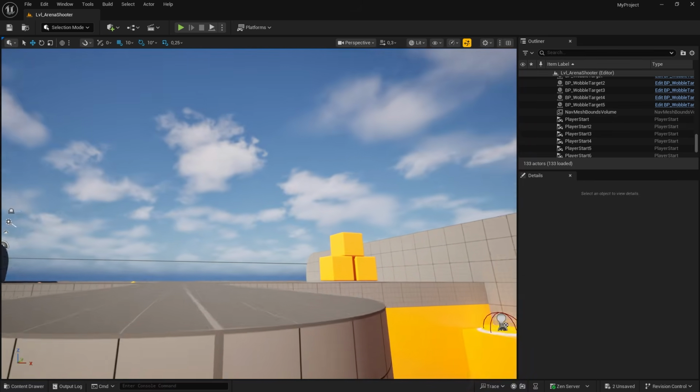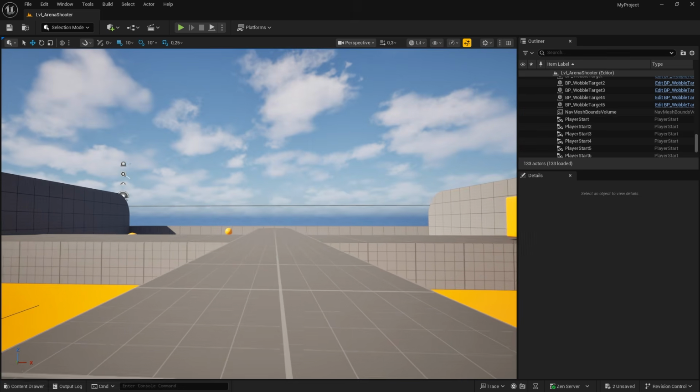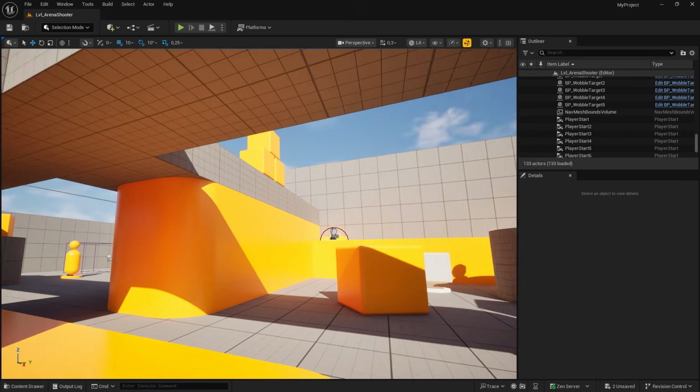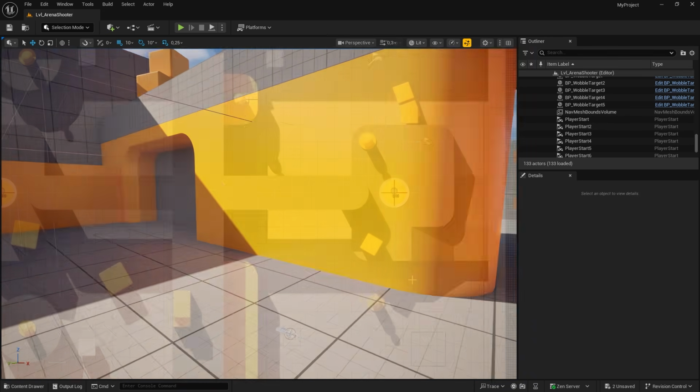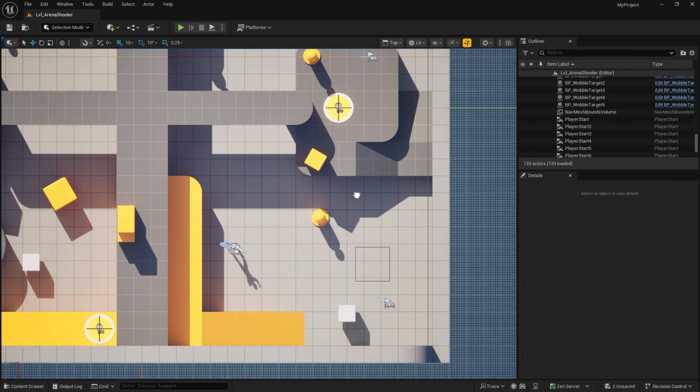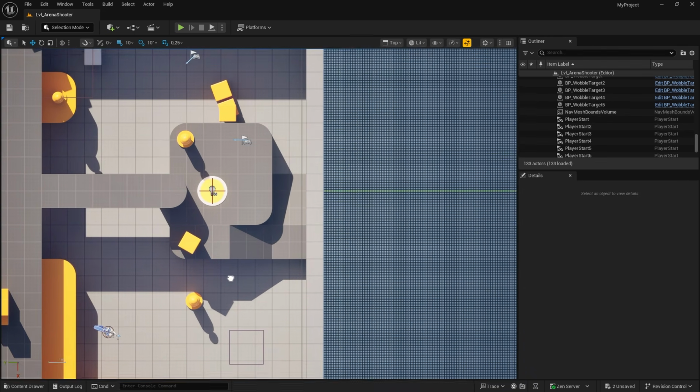First, let's get started with a standard mouse and jump back into perspective view. By holding down the right mouse button and dragging, we can rotate the viewport camera to look around the level. In an orthographic view, holding down the right mouse button and dragging will pan the camera.